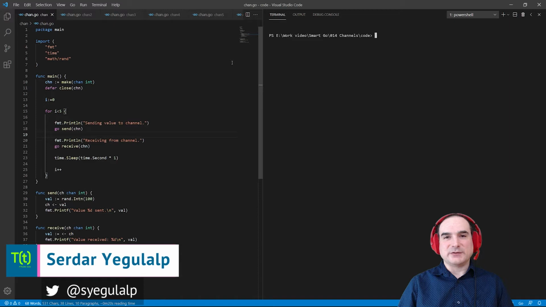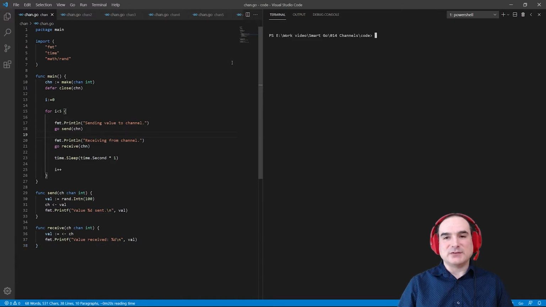In this episode of SmartGo, I'm going to demonstrate Go's channel data type, a way to send and receive messages between Go routines. In an earlier video, I talked about Go routines, which are functions that run concurrently and are managed by the Go runtime, which makes them easy to work with. Channels let you pass data back and forth between Go routines, and are also managed entirely by the Go runtime. All you have to do is declare them and use them.